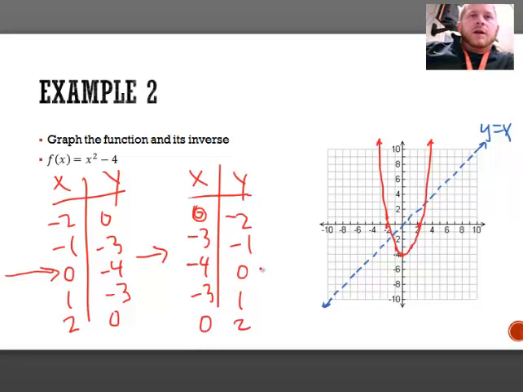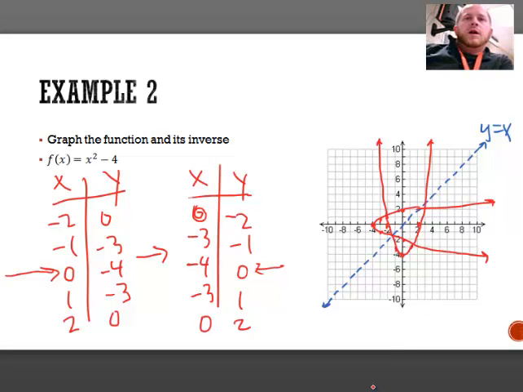My next one, I'm still going to start at what should be my vertex at -4 and 0. When I get to my -3, I'm at 1 and -1. So -3, -1, and 1. And then my zeros on my x will give me intercepts on my y at -2 and +2. This is my new parabola